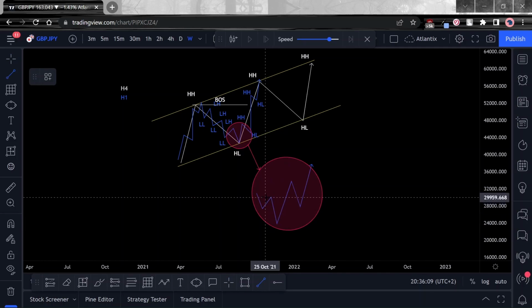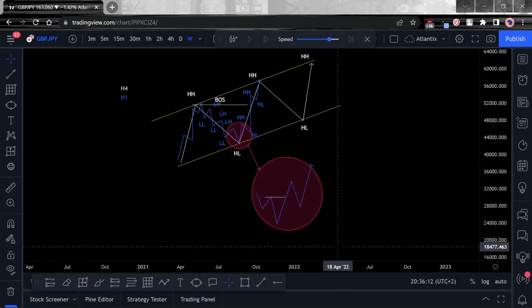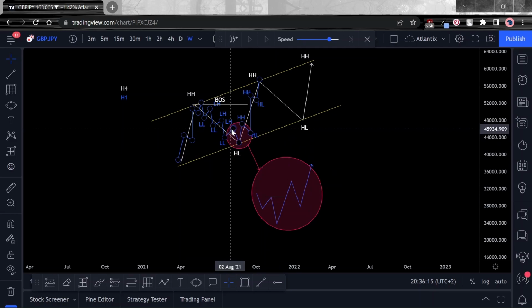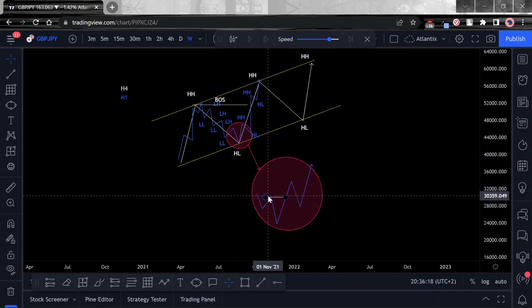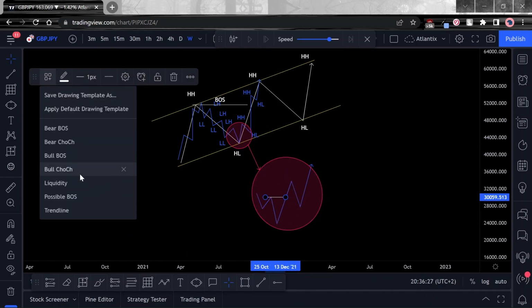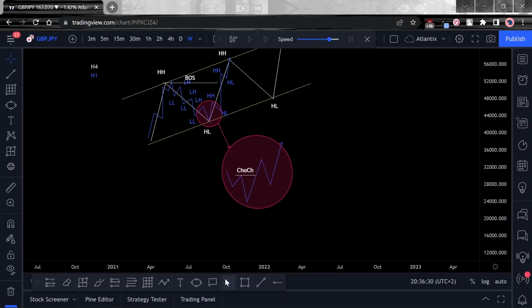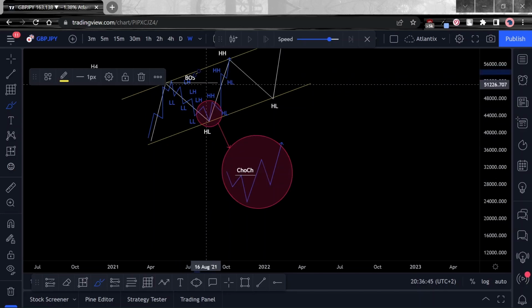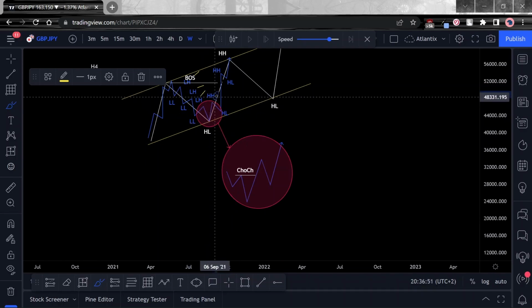So the first concept that we want to introduce is when price breaks this lower high and moves up to create this higher high, there's a name for this. We call this a bullish change of character, right? So why do you call it a bullish change of character? We call it that simply because price has changed from a bearish character, where it was making these lower highs over here that were labeled, to starting to create higher highs, right?